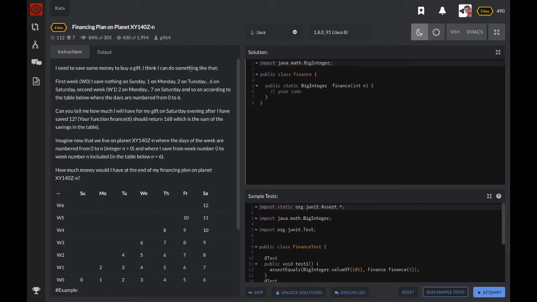It's a level 6 kata called Financing Plan on Planet XY140Z-N. I'm assuming that's a fictitious planet, and we're going to be learning a cool way to add consecutive numbers without using iteration. So let's get started. We are in the page here, and I'm going to put the link in the